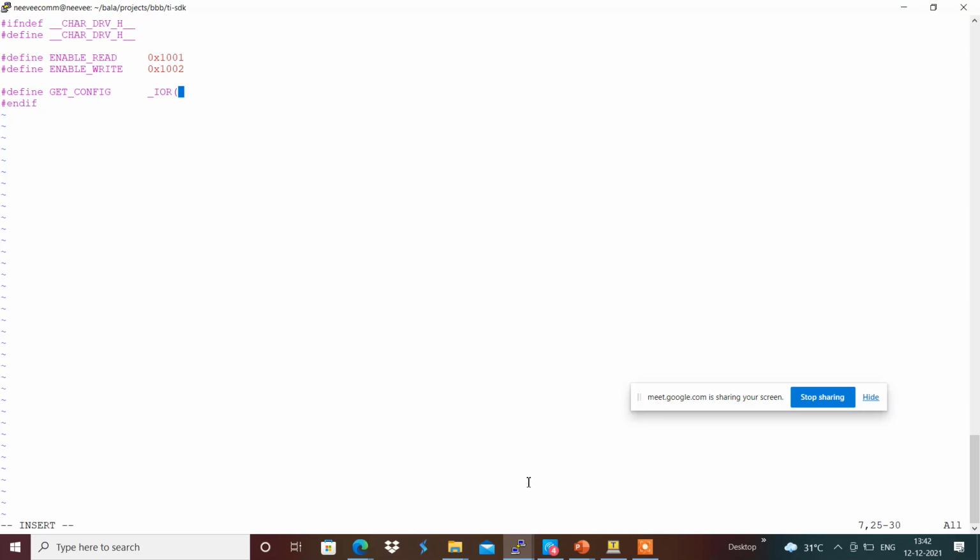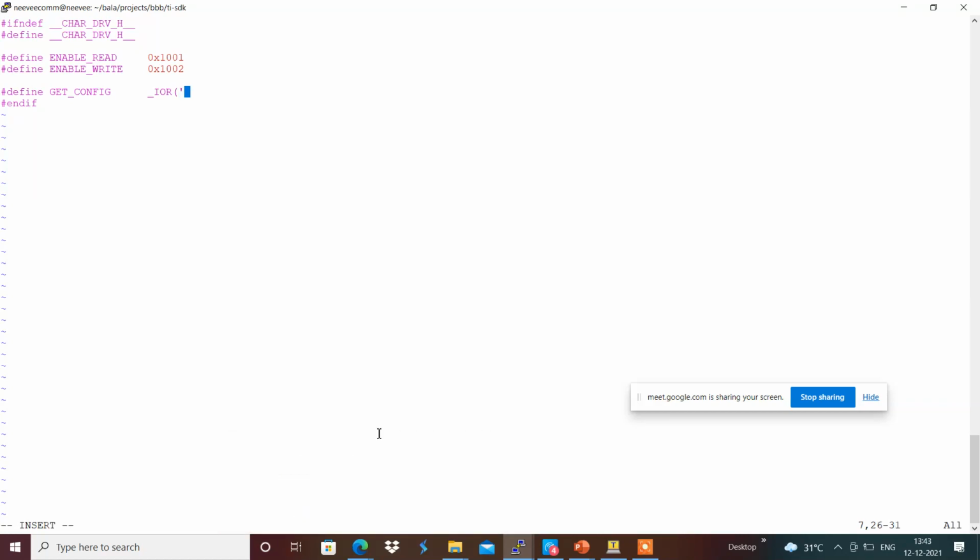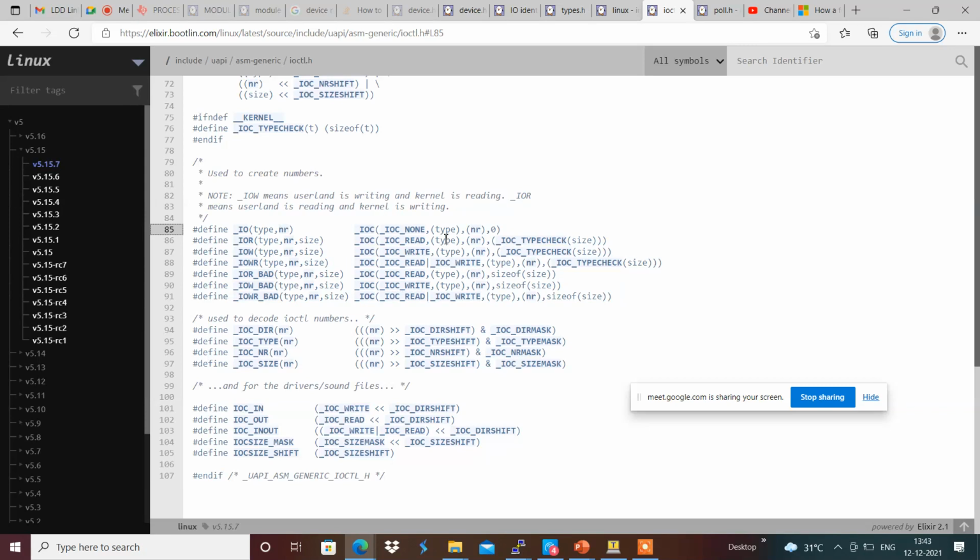I am going to give C as the character for the type, and then a number: how many numbers it has to use. I am going to give 1 over here, to define the number of bytes it has to get the data for the read configuration. I am going to give 4 bytes over here.